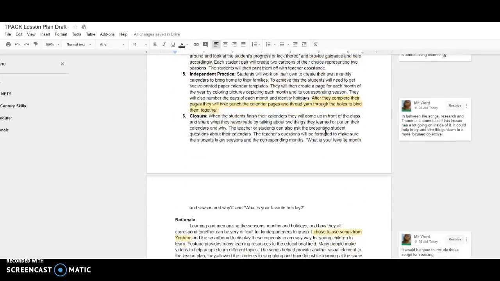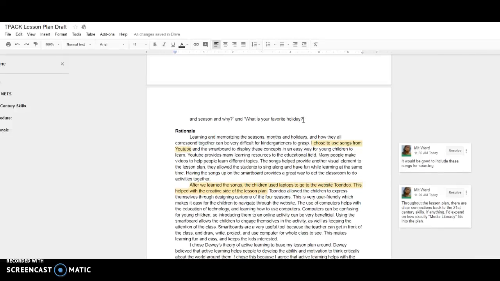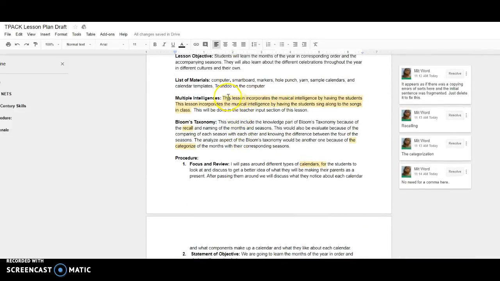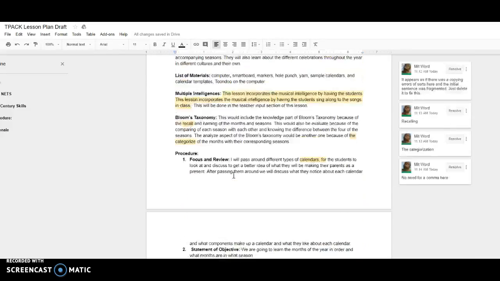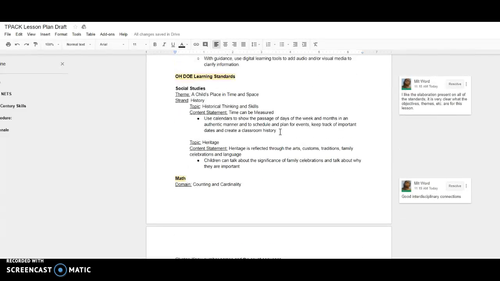So in terms of grammar, I'm just going to clear that out of the way. Not too many complaints in terms of the language, although there are certain things, such as, I know further up here there was a sentence, multiple intelligences. Looks like there was a copy-paste error of sorts, and a sentence got fragmented. Sometimes there are words that need to be changed, commas that can be added or taken away, but no real